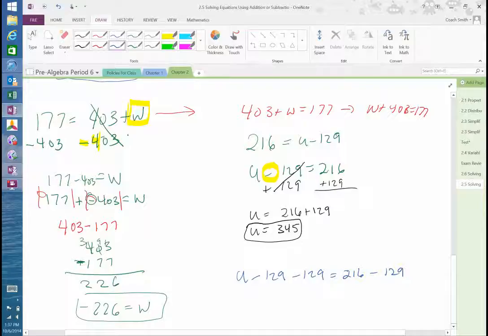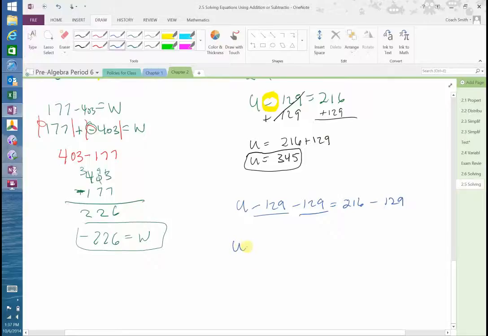Okay. Well, if I take $129 from you, and then I come back the next day and take another $129 from you, are you at a zero balance? You lost a bunch of money, right? Okay. If we look at it the other way, like I have done it,